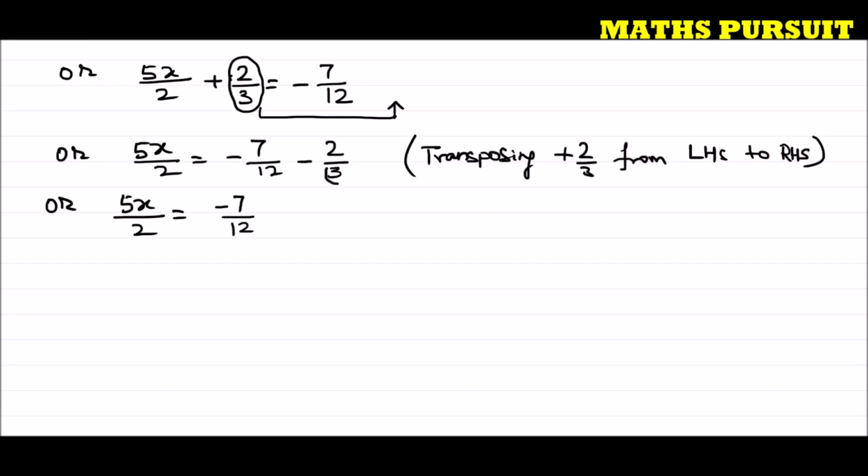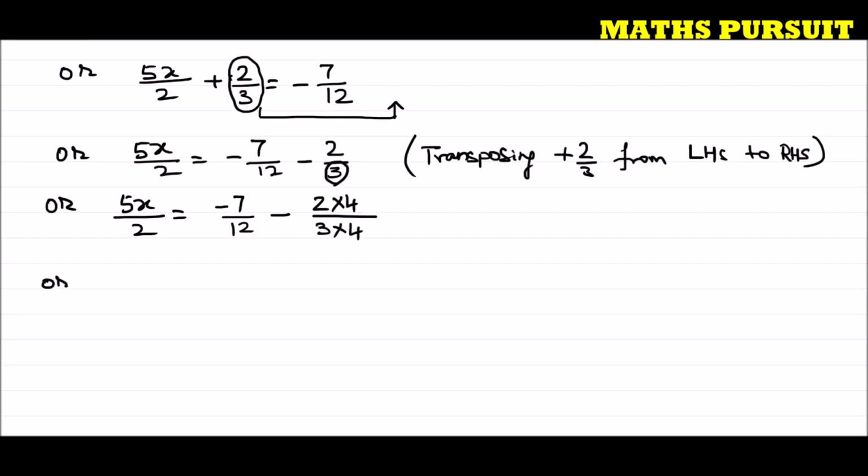Let us make this denominator 12 so that it would be easy for us to solve this equation. In order to make this denominator 12, I need to multiply with 4, because 3 fours are 12. If I am multiplying 4 to the denominator, I should also multiply 4 to the numerator. If we are multiplying something to the numerator or denominator, we need to multiply the same thing to both. So minus 2 into 4 divided by 3 into 4.